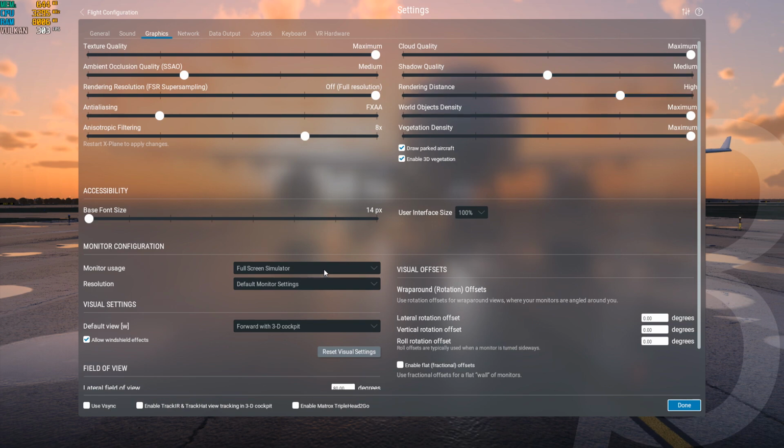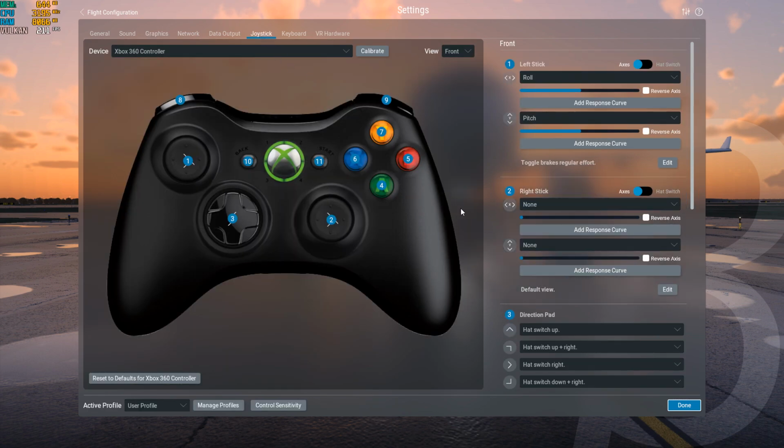You can run this in full screen or windowed mode. I'm going to keep it in full screen. What I would also absolutely recommend is go to your joystick. As you can see, I'm just using the Xbox 360 controller, as I'm traveling around and I don't have my yokes with me at the moment. Whatever controller you're using, go to calibrate